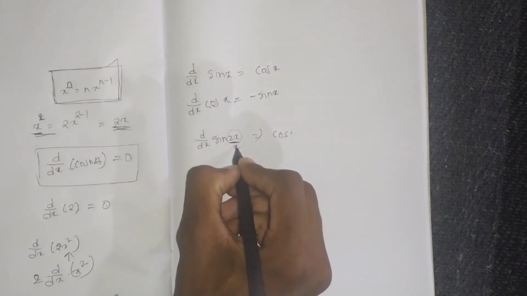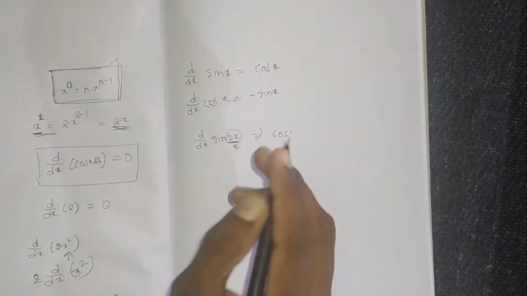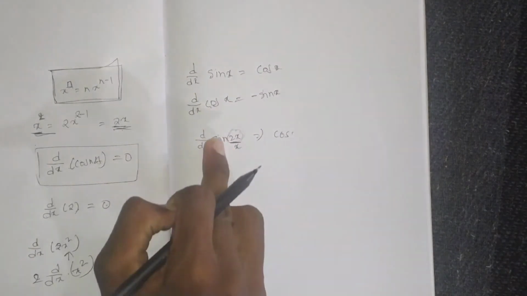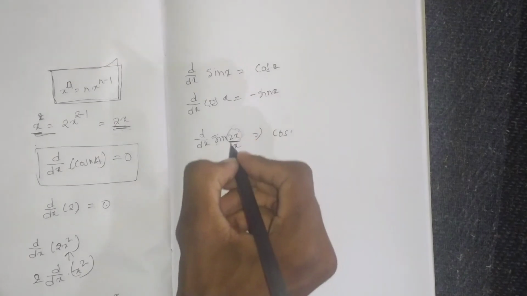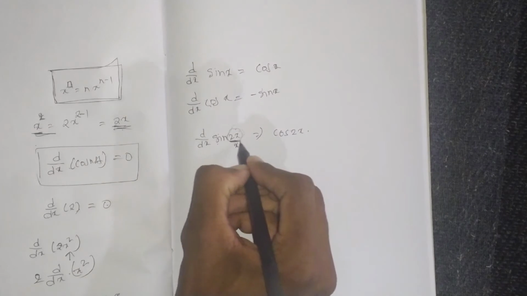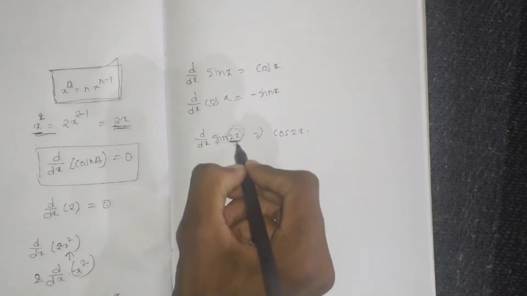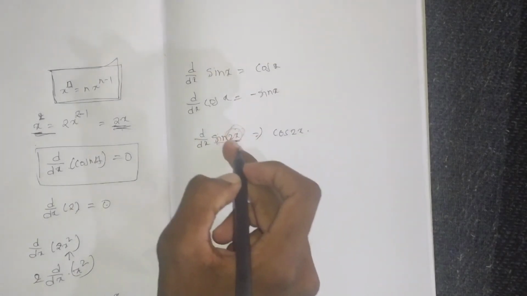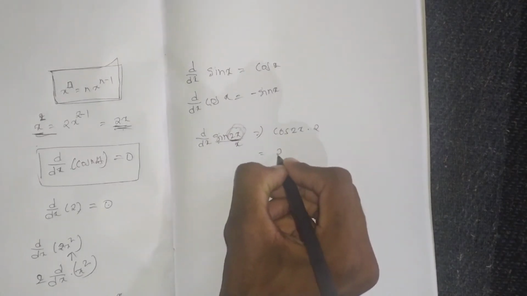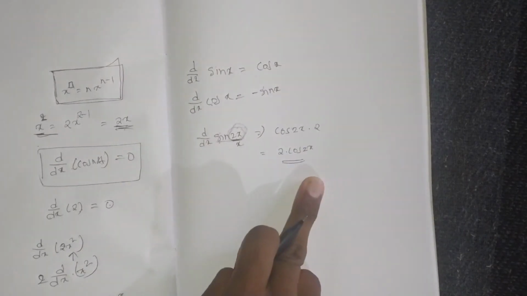Cos x, but in the place of x, I am taking 2x. I am just assuming that 2x is x, so it became sin x, and the differentiation of sin x is cos x. But in the place of x, we have 2x. This 2x is also a differentiable term, so I differentiate sin 2x, and I also have to differentiate 2x. The differentiation of 2x is 2. So it completely becomes 2 into cos 2x. This is the differentiation of sin 2x.